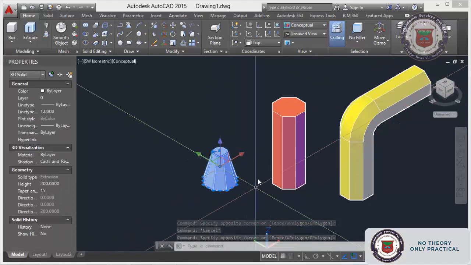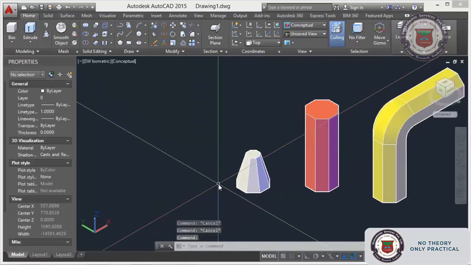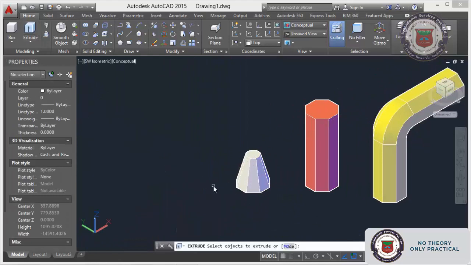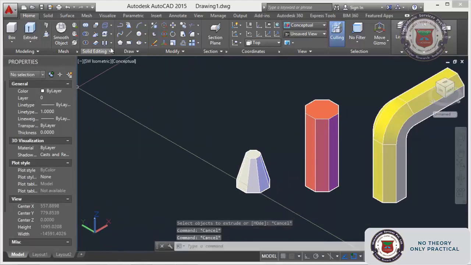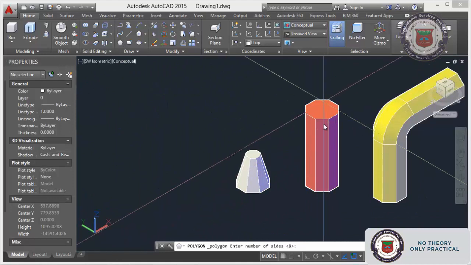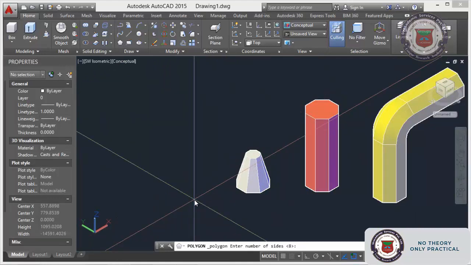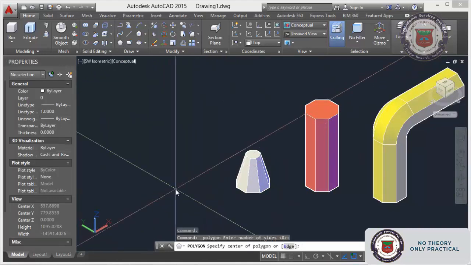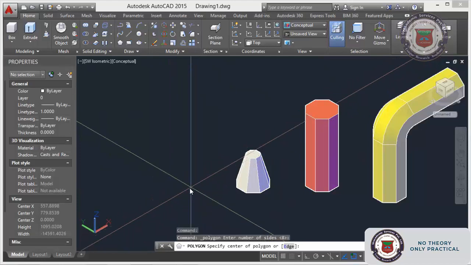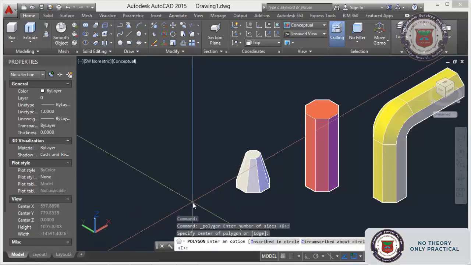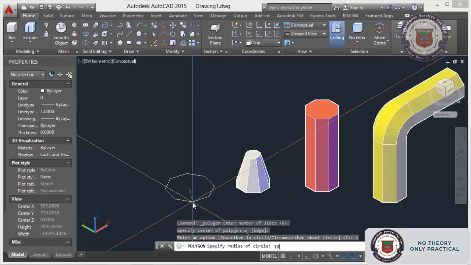Another one also I will make with normal extrusion, only height. You can see the difference. 8, center, this one, inscribe, 100.